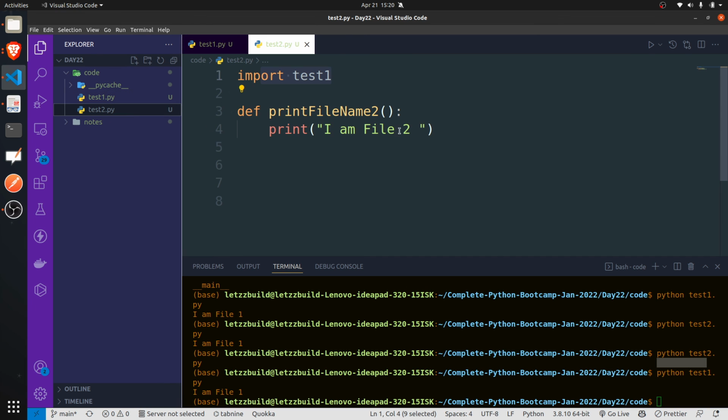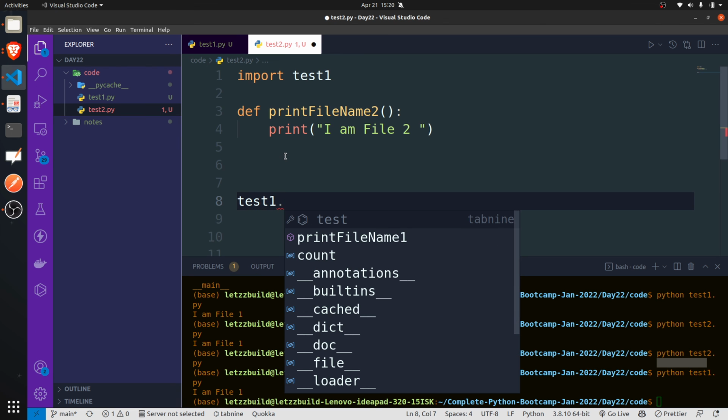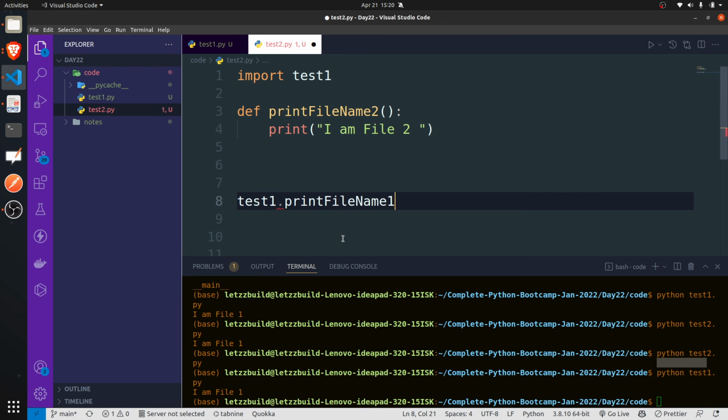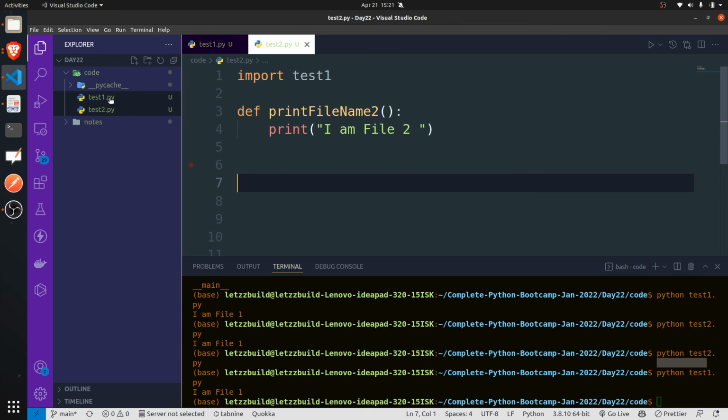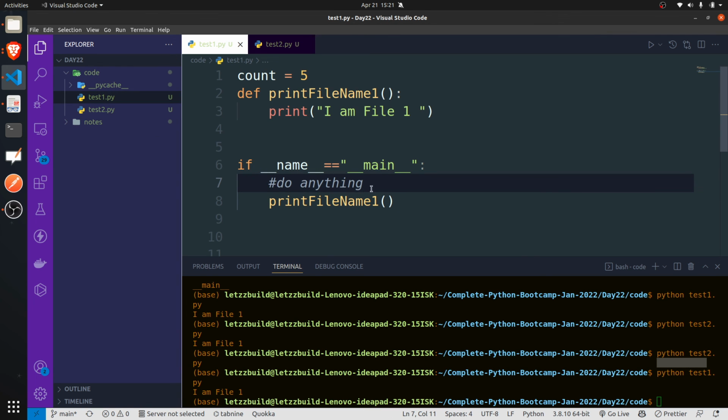But if you want to execute it anyway, there are different ways to do it. You could call the function directly. Inside test2, I could just say test1 dot, and call this function. This is another way to do it. But what I am asking is about not calling the function. So see here, what do I mean? If you write like this, it will be executed. But if I don't write like this,